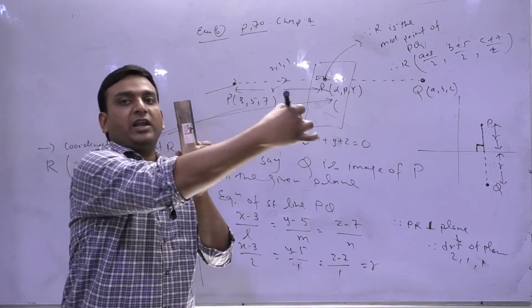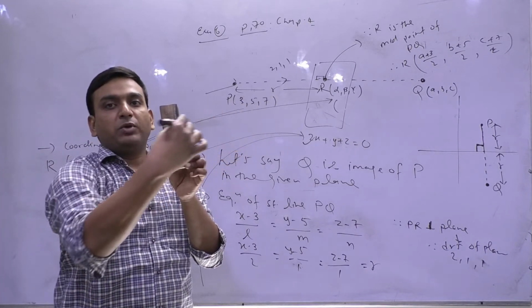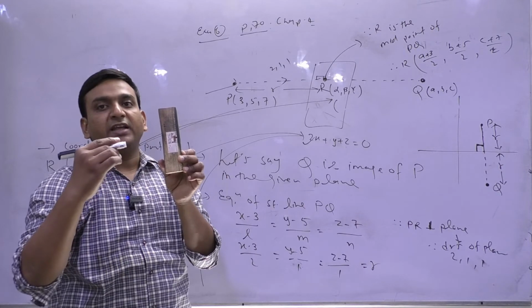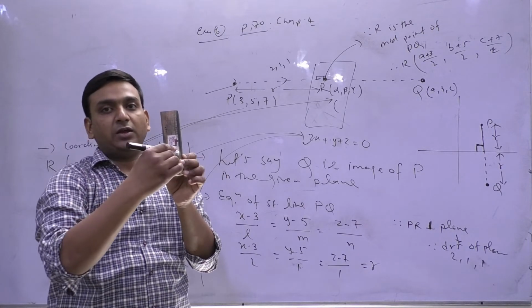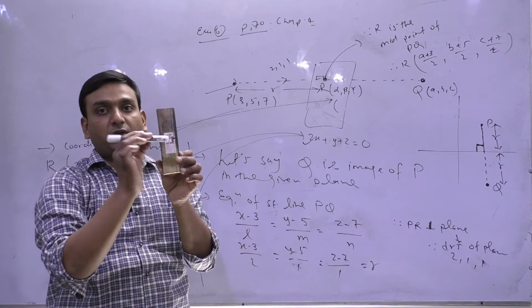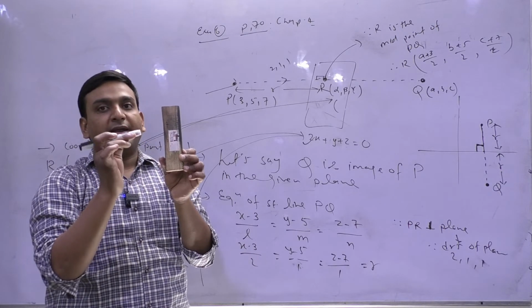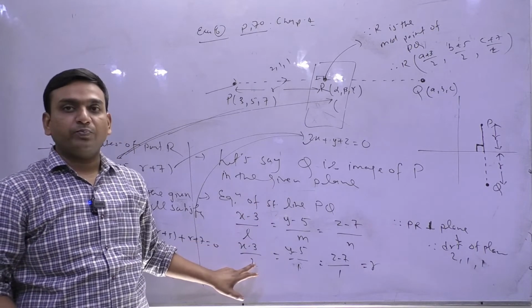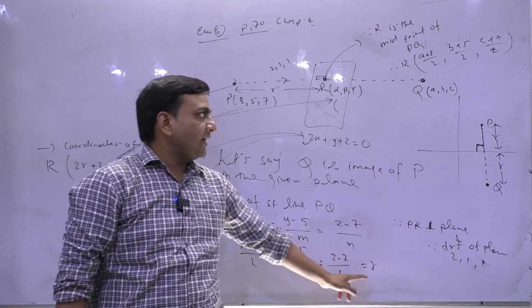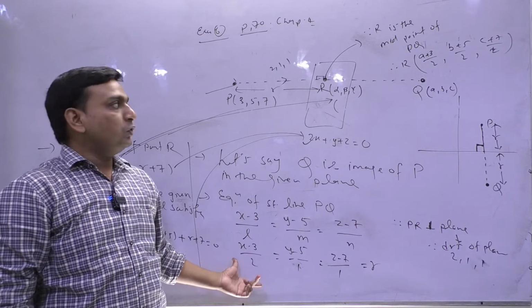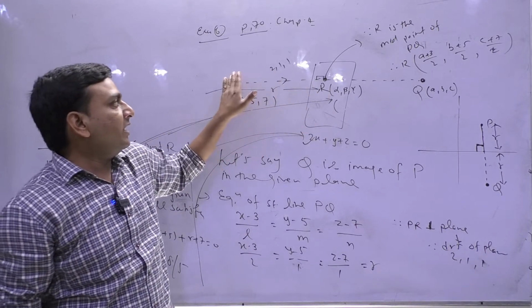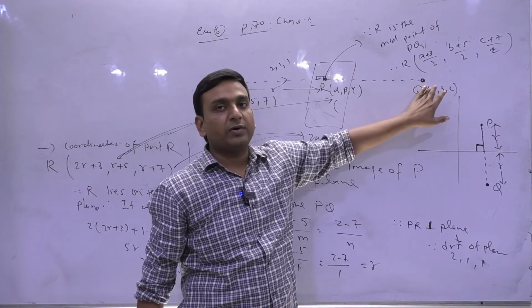I will write the line PQ का equation because plane के DRS are always perpendicular to this, so line के DRS will be the same as the plane's. Line मतलब normally तो ले रहा हूँ, normal line. So I will write the line का equation in symmetric form. I will take a point at r distance. So you may take r distance पर ये वाला point और you may take r distance पर opposite वाला point.